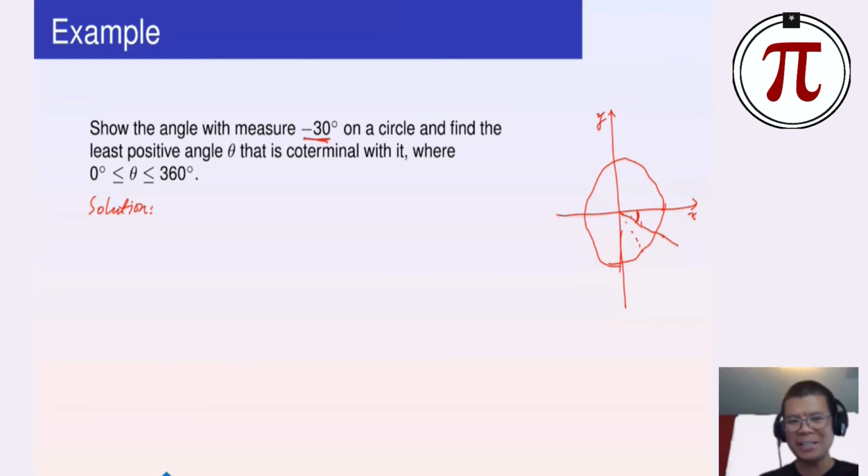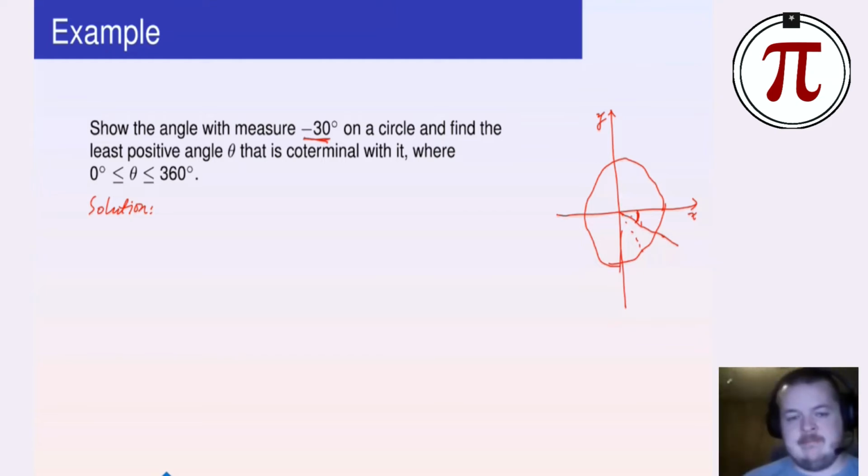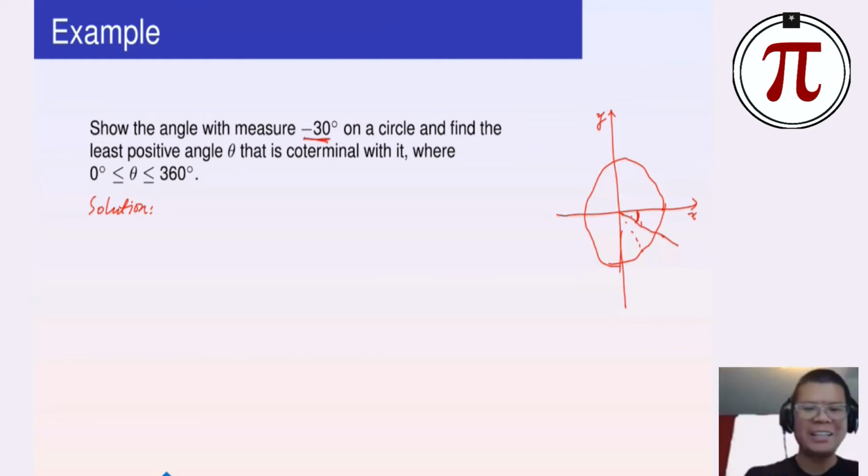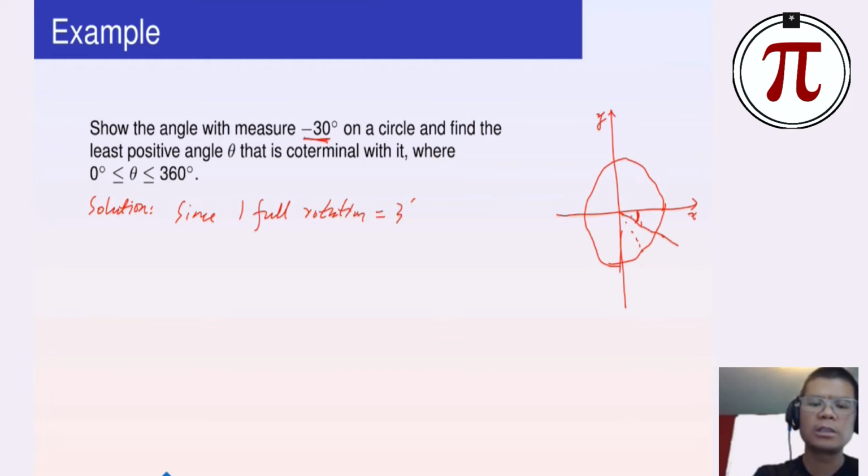For this one, I believe you just do one full rotation. That's going to be enough because it's negative 30 degrees. Since one full rotation equals 360 degrees,